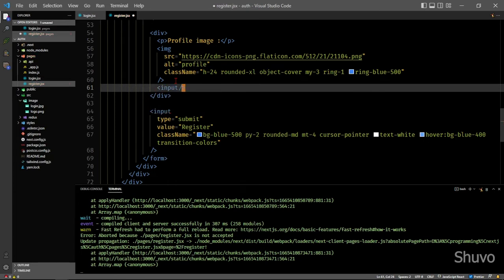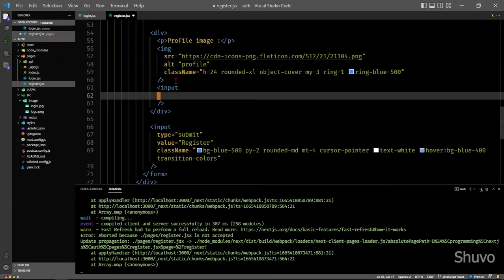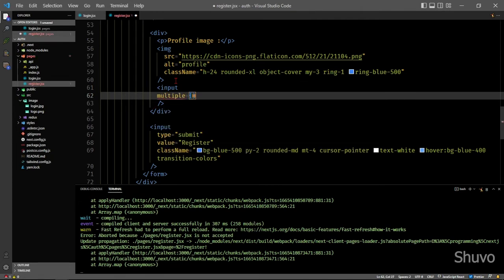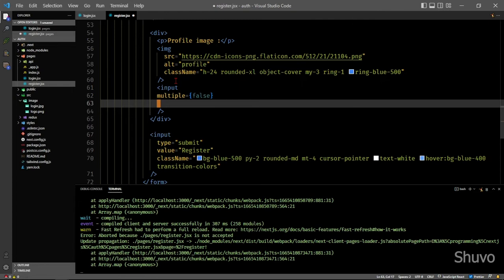Put input, and here the user can only select one image, so keep multiple false, and we accept only .png, .jpg, .jpeg